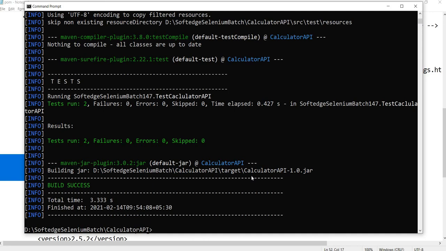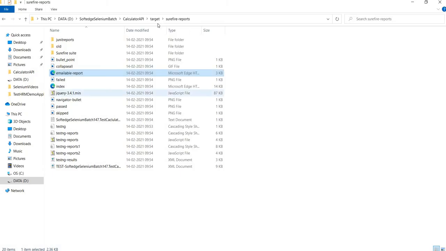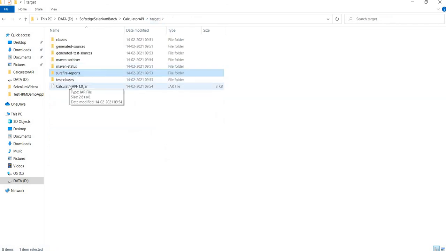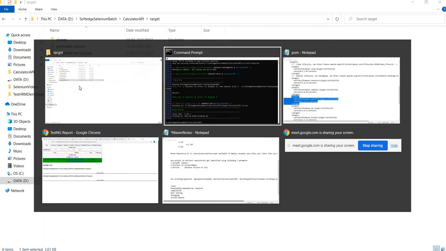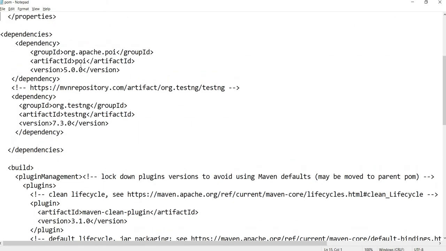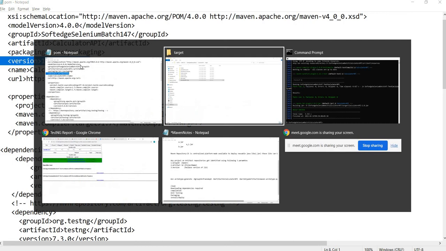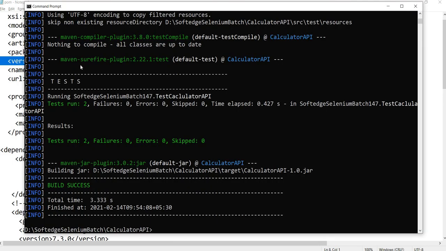So you can see the jar file created. You will find the jar file in this target folder again. So you can check here the version 1.0, where it came from. The version came from this version. You can see the version is this one, right? So that is what packaging is. So our library is working fine. Unit testing is done. We are fine with the creation of the library, the package, the jar file.